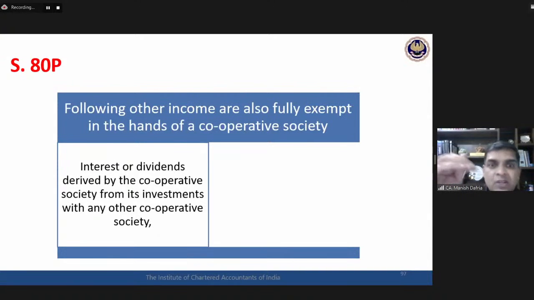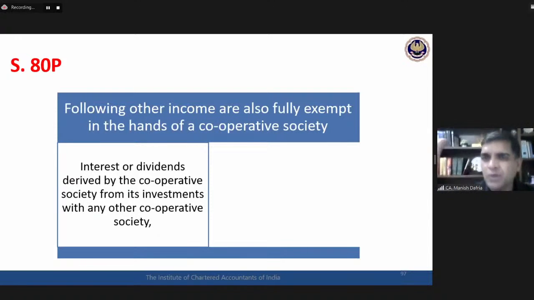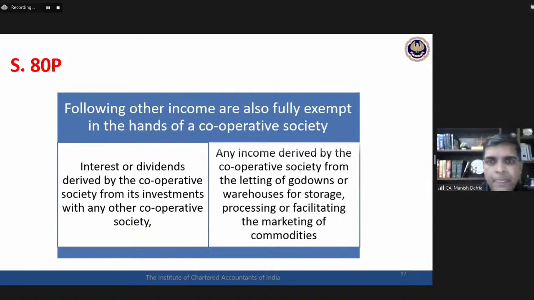Now we are not talking about activity here. We are talking about income here. In the earlier slide, we talked about particular activity. Now we are talking about a particular type of income, interest or dividend received from another cooperative society, fully exempt for all cooperative societies. Now here, in which activity I am, in which business I am, that is not important. If this is the nature of income, that is exempt for all cooperative societies. Okay. Then